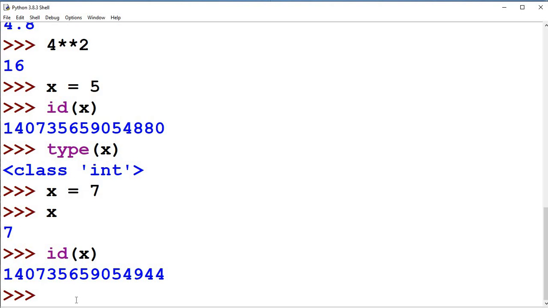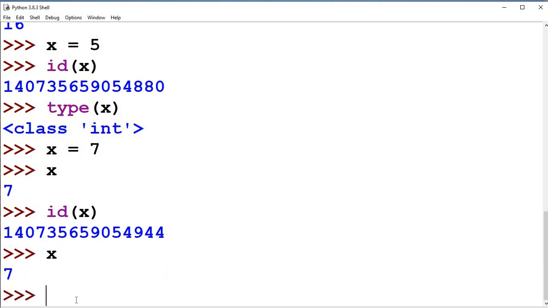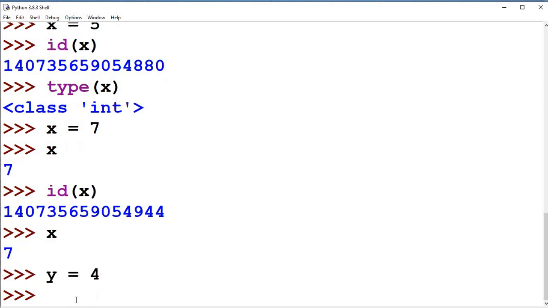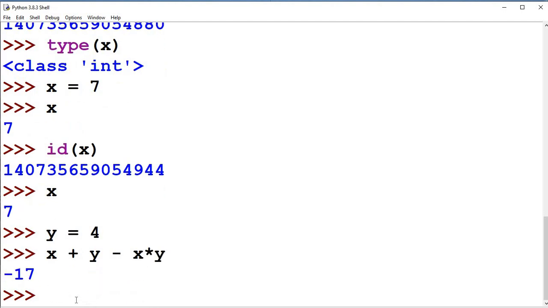Okay, now if you write x is 7 and you write y equal to 4, then you write x plus y minus x star y, etc. So it will calculate, and you can simplify these things.